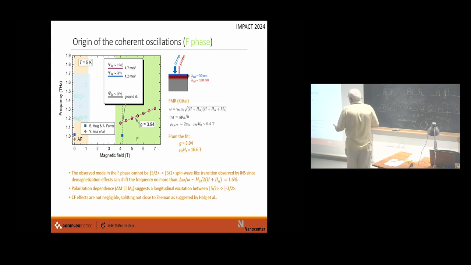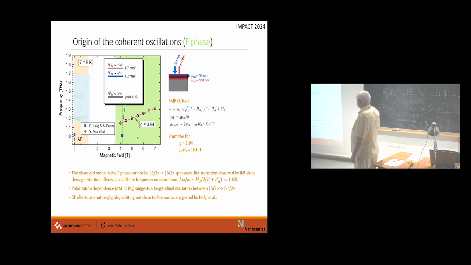So it was not clear whether this is another excitation or maybe it's just some depolarizing field effect. So we checked this, we took the ferromagnetic formula, took the magnetization, and we noticed that this depolarization, which is a consequence of the fact that we are probing really a thin layer on top, cannot give more than about 2% of shift. So this is definitely not the same excitation. Moreover, when we do the fits, we see that the G factor is 4, which is quite different than what would be expected from the